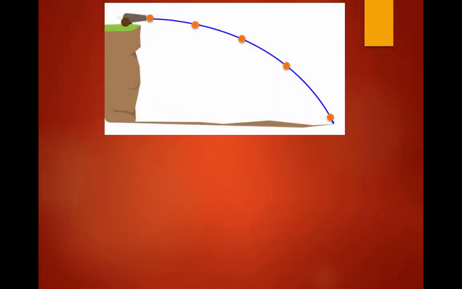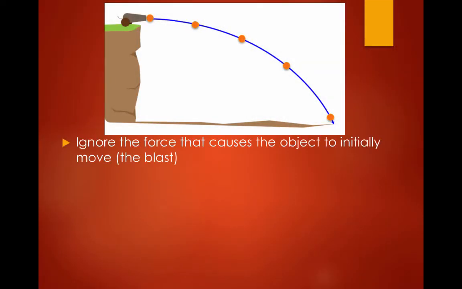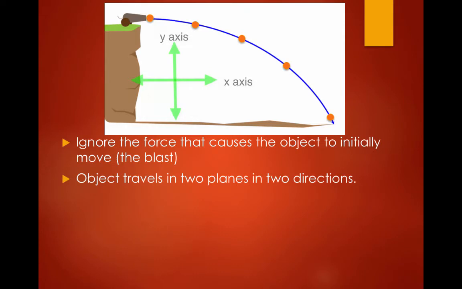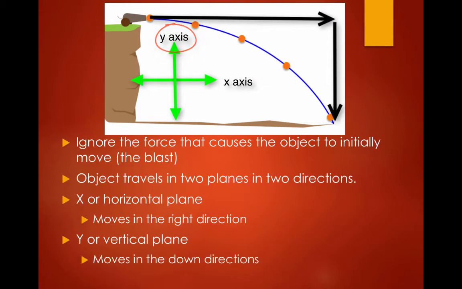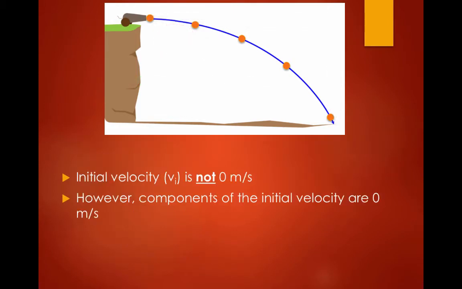For a horizontal projectile like this cannonball, we will ignore the cause of the motion. We'll focus on the resultant projectile path. The object will travel in two planes in two directions: the x-plane when it moves to the right, and the y-plane as it moves downwards. Obviously, the object is moving, so the initial velocity cannot be 0 meters per second. However, if we look at the velocity as x and y components, we will find that one of them is